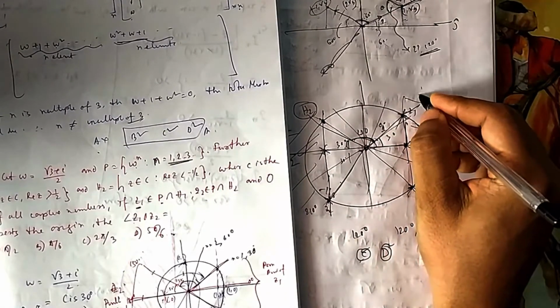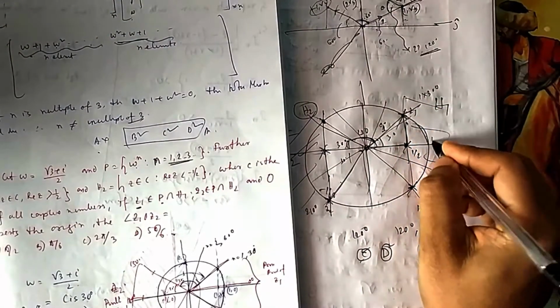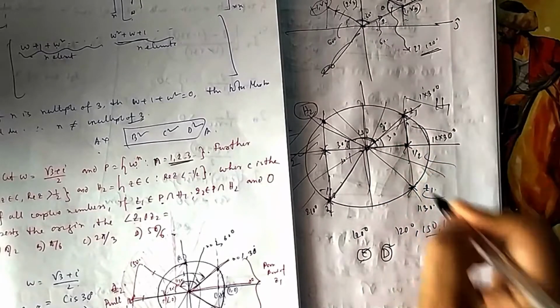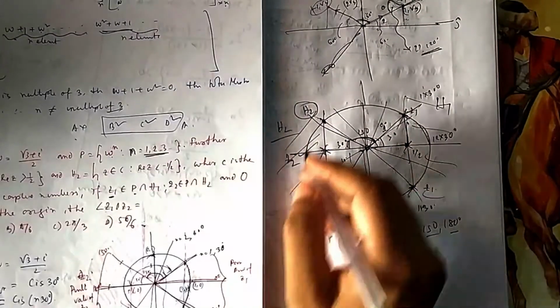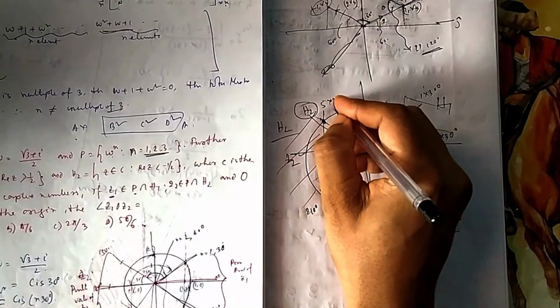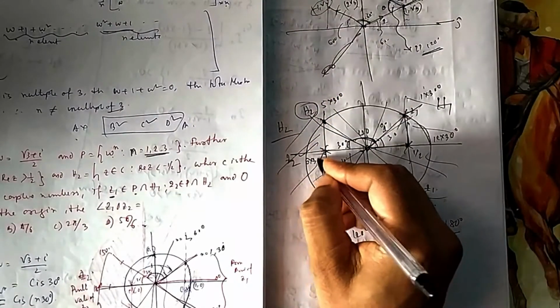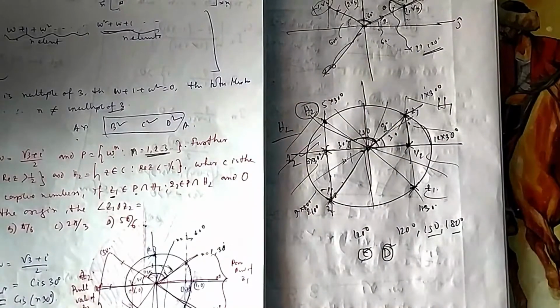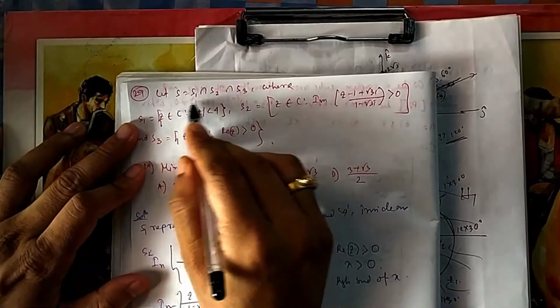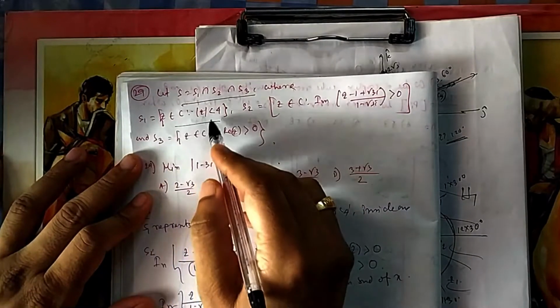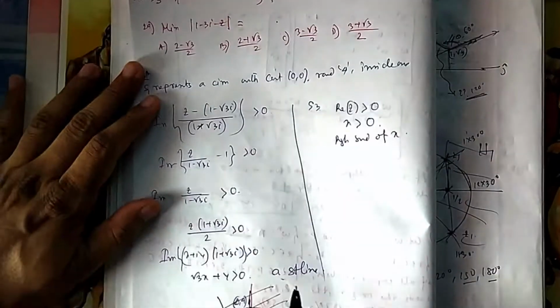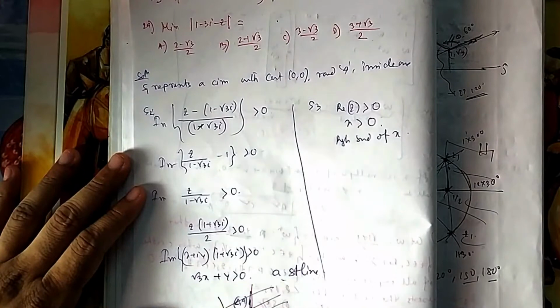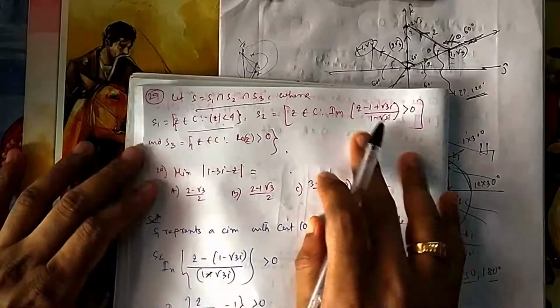It is 1 into 30, this is 12 into 30, this is 11 into 30, this is 5 into 30, 6 into 30, 7 into 30. All these are possible. You can move it another round also. Now if you come to 29, where S is equal to this intersection, what does this represent? This represents all the points inside this circle, mod Z equal to 4. And this you have to calculate.